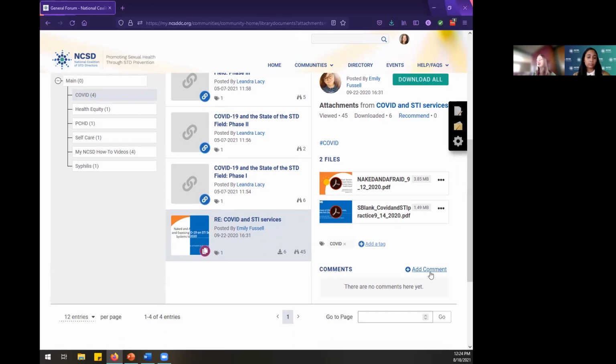You can notice we do allow for comments on library entries. If you have a specific comment or maybe a question about the attachments that are here, you can add a comment right to the library entry as well. And Emily, as the author of this entry, will receive a notification that there's a comment or a question in there so that she can respond to you if necessary. Or feel free to add comments if there are links to resources or other things that you're aware of that are closely related to this library entry. You're welcome to do that as well.